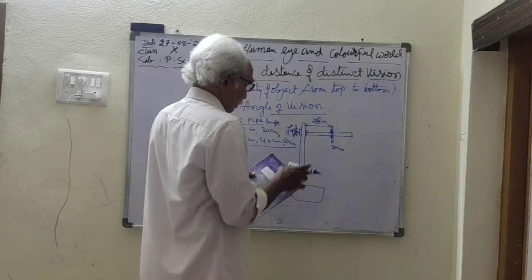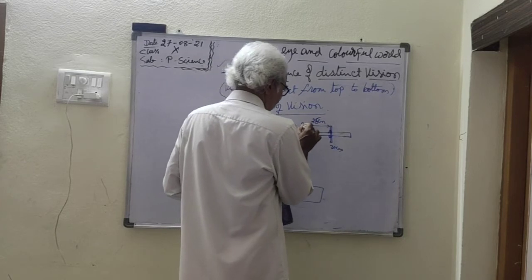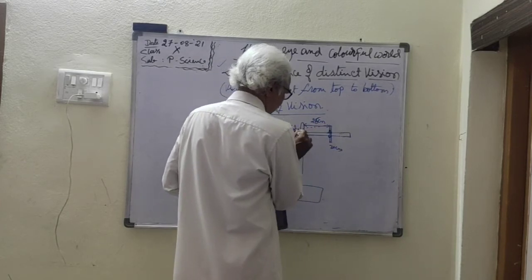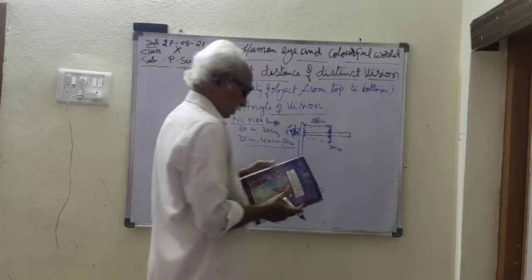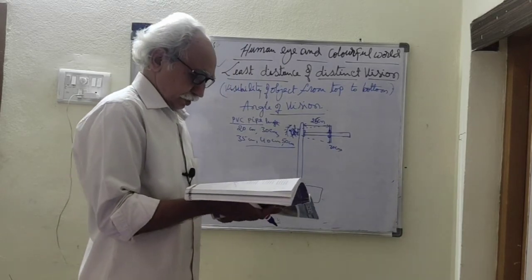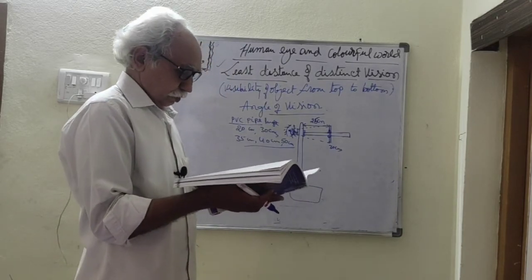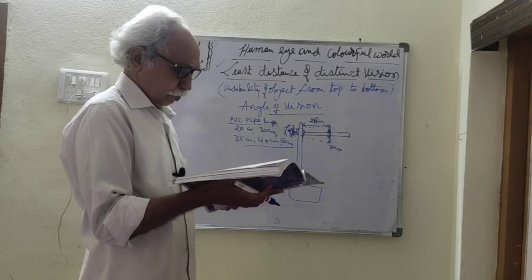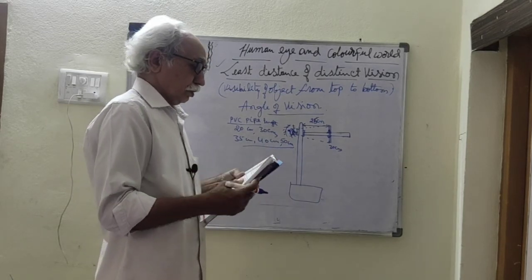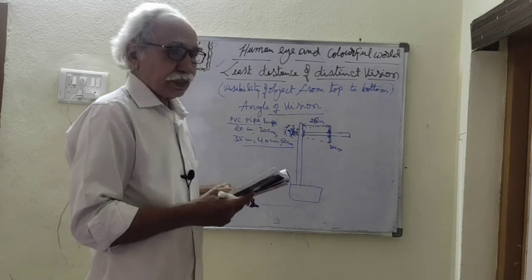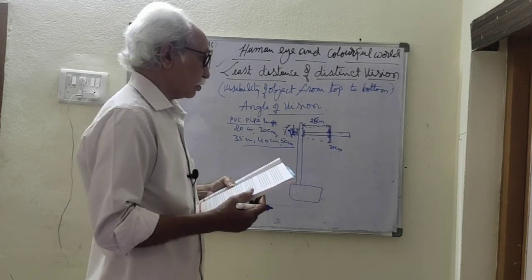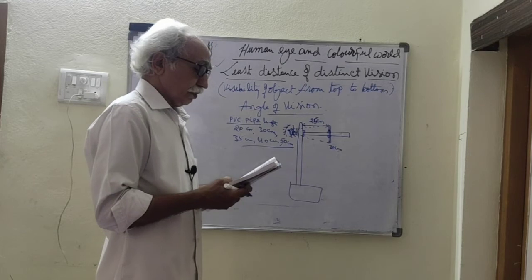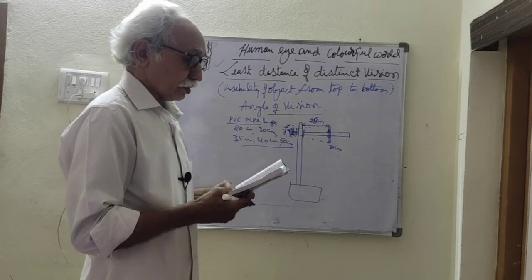From this eye, you can observe from top to bottom of the object. Right. Are you able to see both ends of the stick simultaneously without any movement of your eyes? No. So you learn that the least distance of distinct vision is 25 centimeters. It varies from person to person.